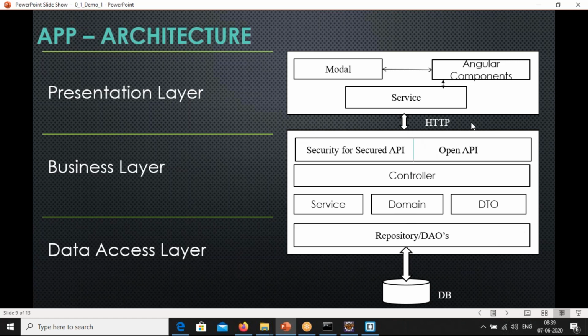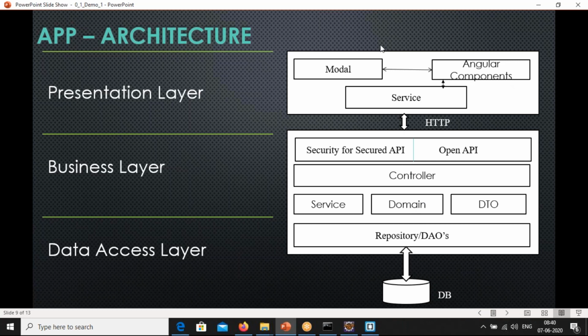These are the components we are going to use here: Spring Security and the controllers. There are services, domain, DTOs and repositories. We are going to use them here. And finally, these repositories or DAOs will talk to the databases. It can be a SQL database or a NoSQL database, based on what you choose. In this case, we will be learning both. We will be learning with SQL databases, and at the same time, the same thing we'll do with a NoSQL database as well. When you are deploying, we are going to choose one of the databases. We'll be choosing MongoDB as our default database.